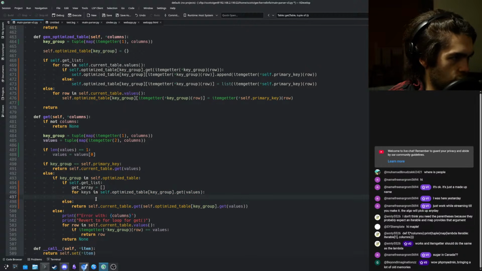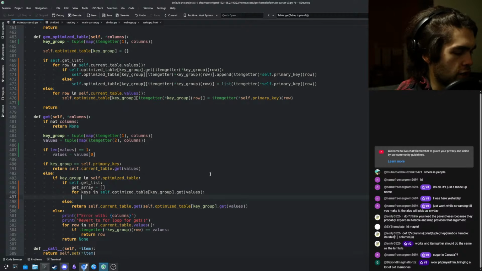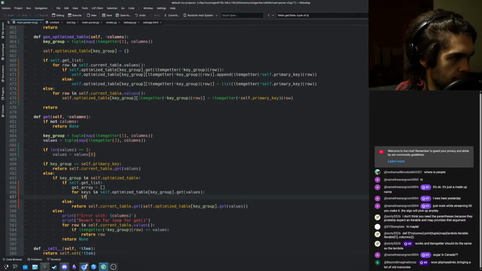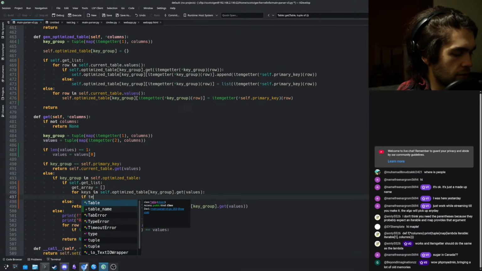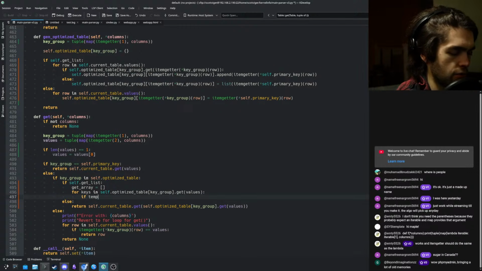And each time we have them, we should check first if it's none. So if the value that we're trying to get out, let's call it temp. I'm just bored of naming things. So if the value that we're trying to get out